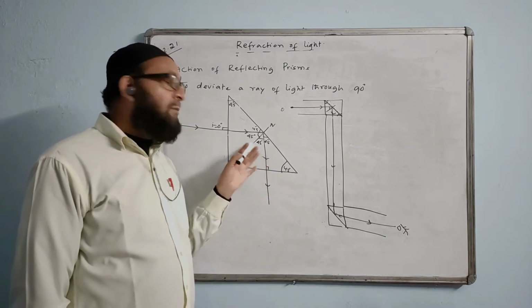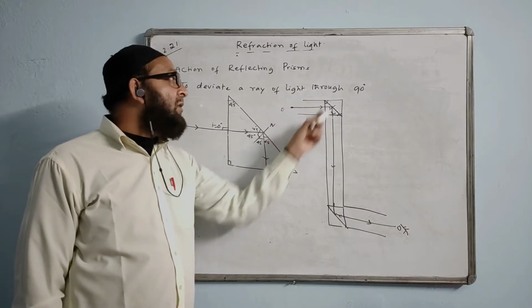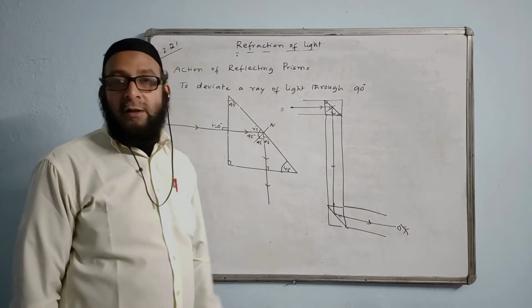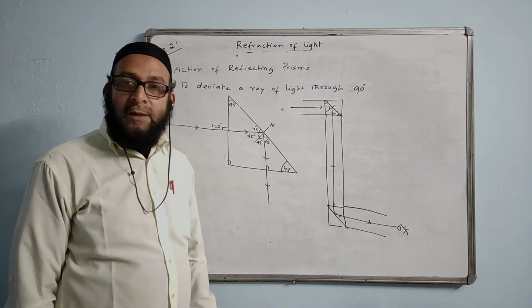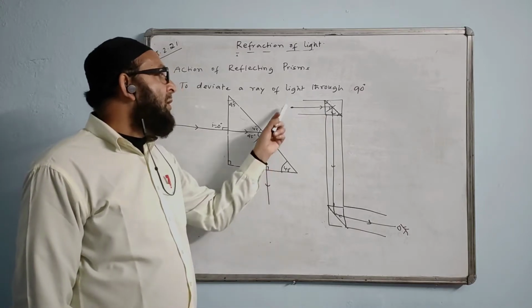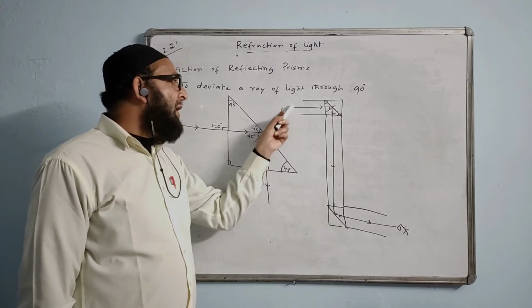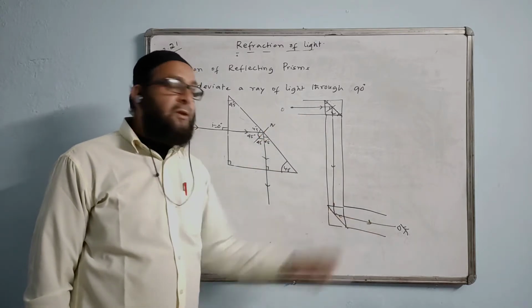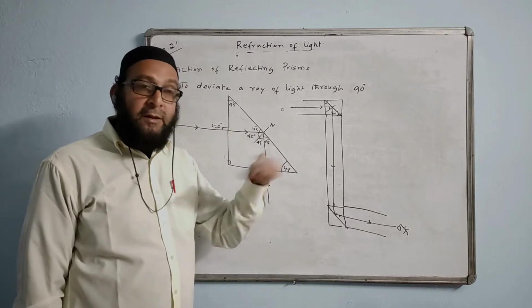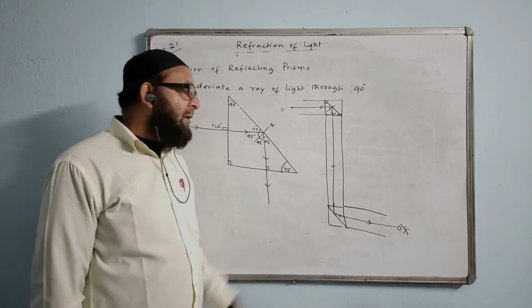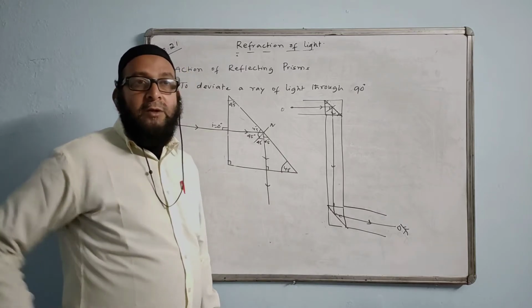Because the prism reflects the ray of light on the basis of TIR, total internal reflection, in which there is no loss of energy taking place. So there is no loss of energy, so the entire amount of the light coming from the object will be reaching the observer's eyes, so the image formed will be brighter as compared to the mirror image. So this is better. So this action of the prism is used in a periscope.